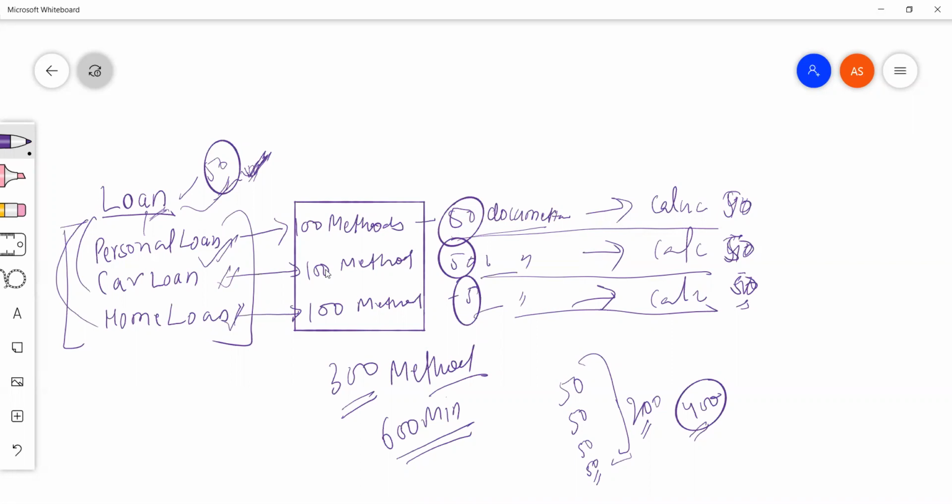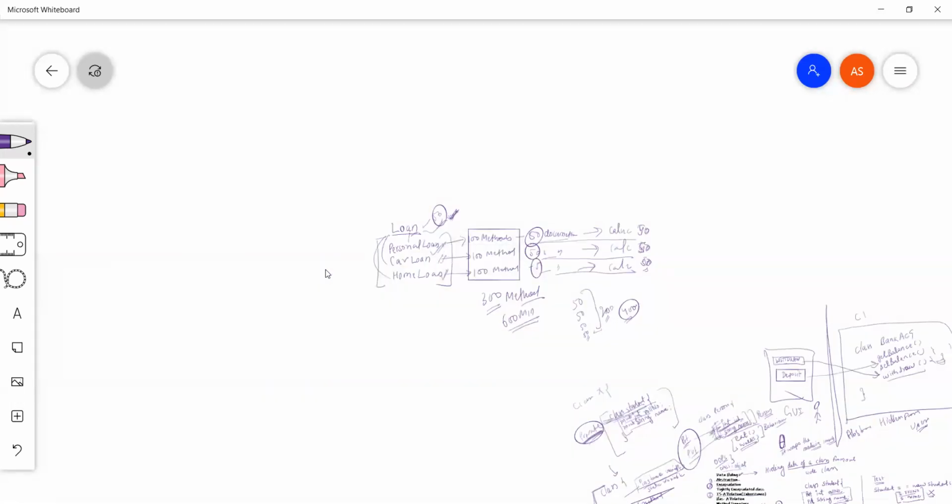Getting my point? That means if a class or an organization implements a bank interface, it behaves like a bank, right? That's what you are saying. Yes, we can say.